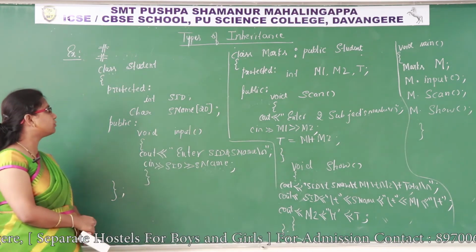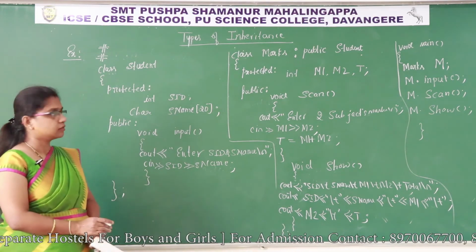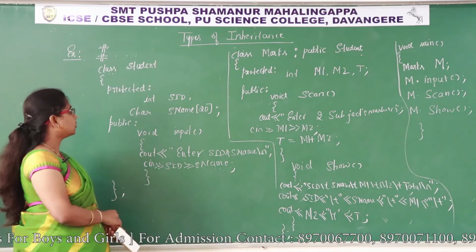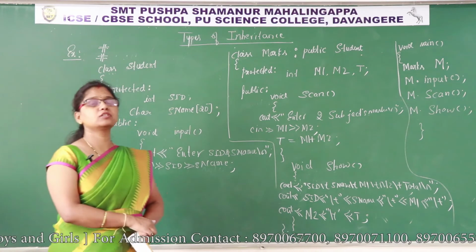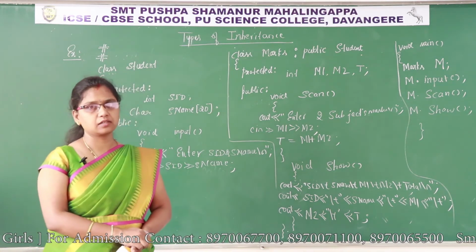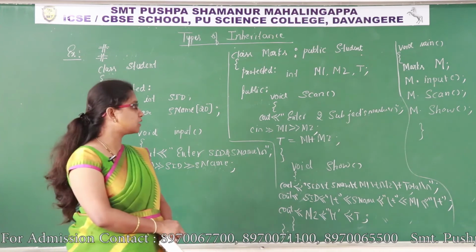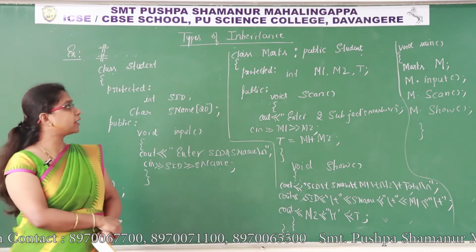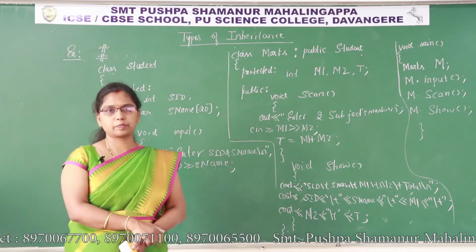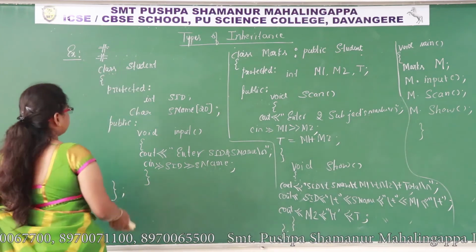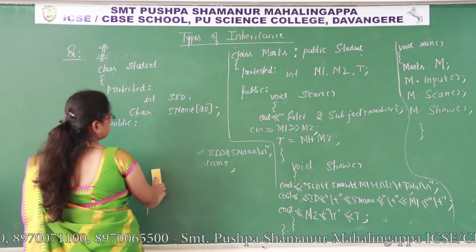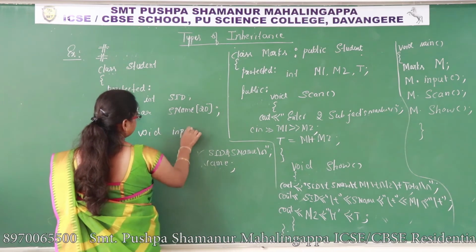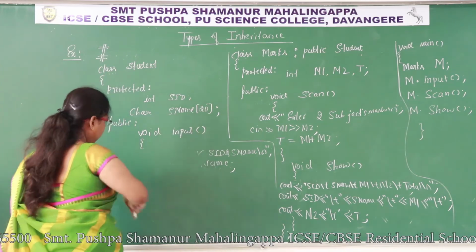In this inheritance we have only one base class and one derived class. So another program is there, that is a lab program for you. It's almost similar to this. The only thing, they have taken 2 separate functions in the base class and 2 functions in the derived class. To access the private data of that class they have taken 2 members, and to display or access derived class members they have taken 2 separate functions. I'll modify this program.